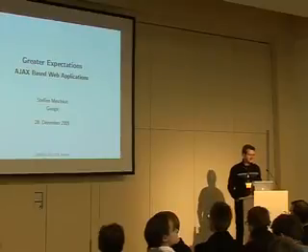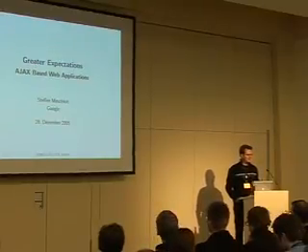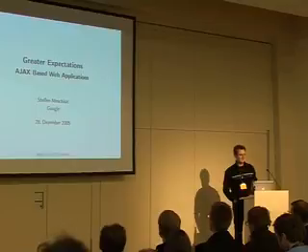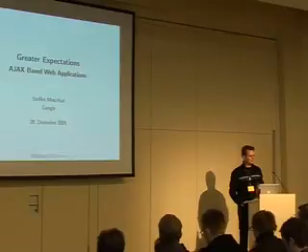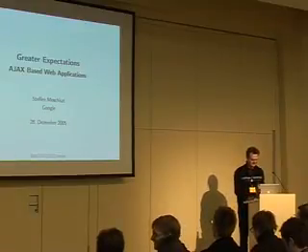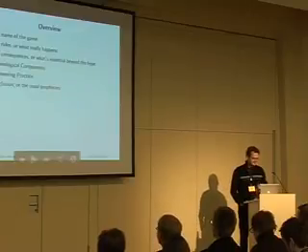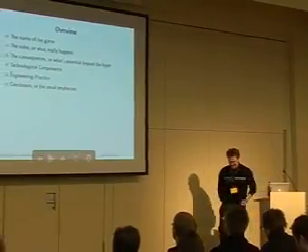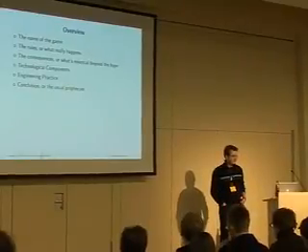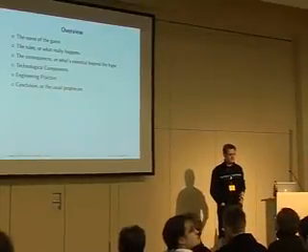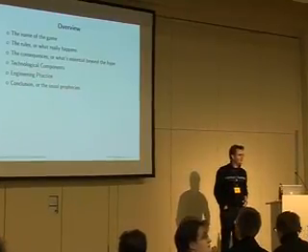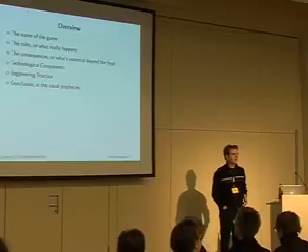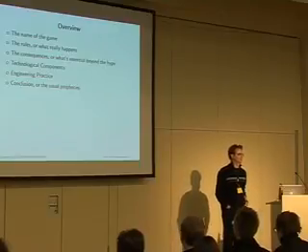For the title, Great Expectations is a book by Charles Dickens about poor people, right? And Greater Expectations is a talk about even poorer technologies. So that's to set the stage a bit. What we are going to talk about, again, is Ajax, what it is about, what it is not about, then again, what it really is about, why all what it is about is so bad, and why it's not so bad that it is all that bad.